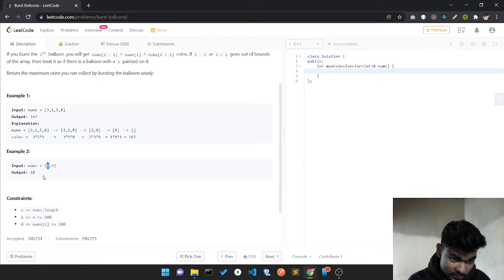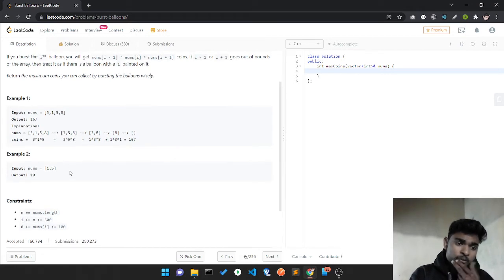After bursting this 1, the remaining one is 5 only. It goes out of bound here and here too, so I multiply 1 into 5 into 1, which gives me 5. My previous value is also 5, so 5 plus 5 gives me 10. So we return 10.